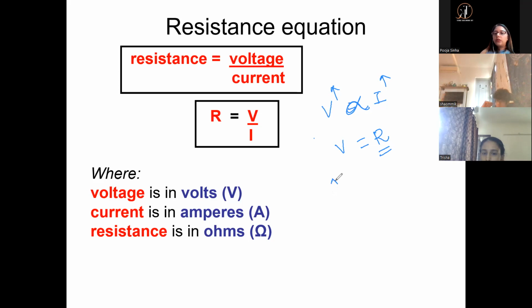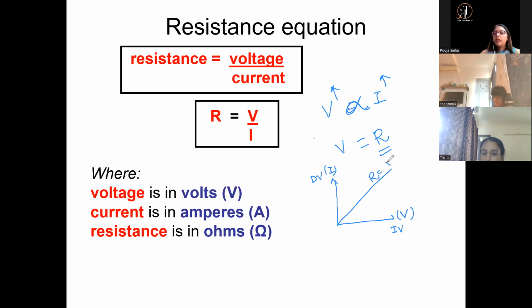And if you actually draw this, you know that the dependent variable has to be here and the independent variable has to be here, right? Your independent variable is always the voltage and the dependent variable is always the current. When you draw this, the more the voltage, the higher the current. And when you draw this, the gradient that you get, that gradient is nothing but R, which is equal